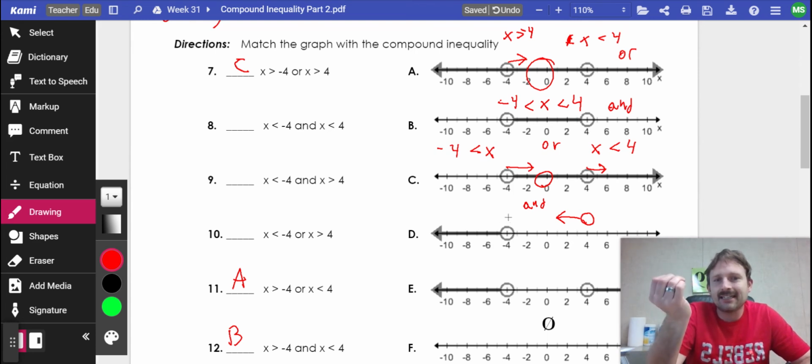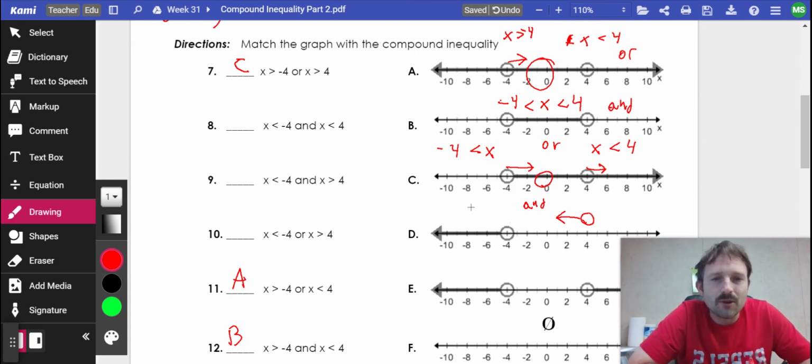The solution doesn't kick in until here. So this would be x is less than negative 4, and x is less than